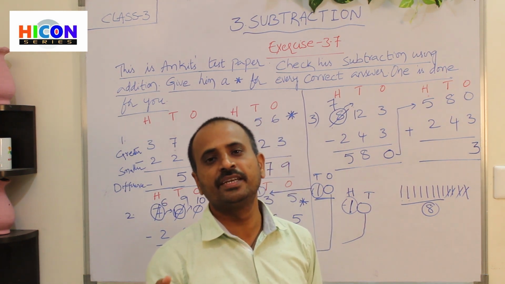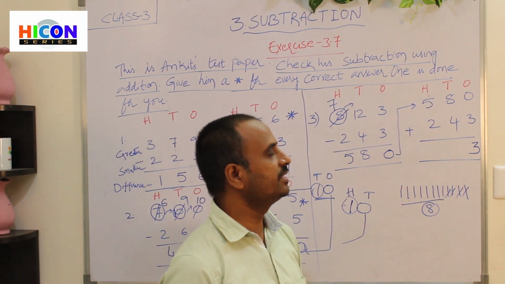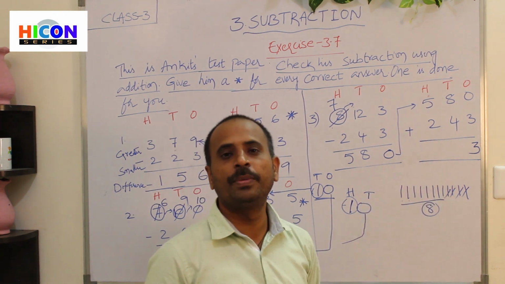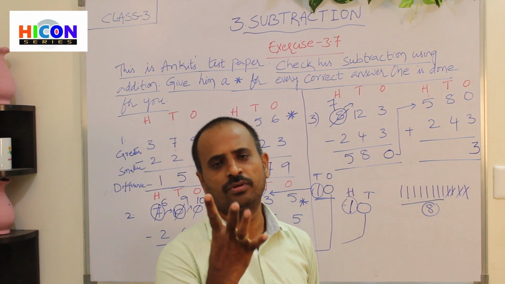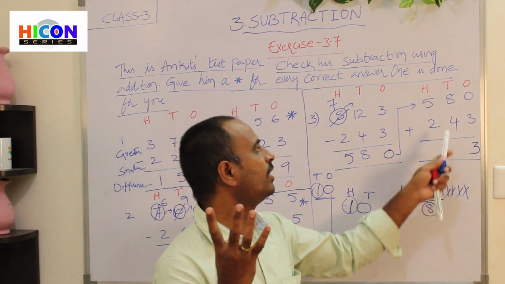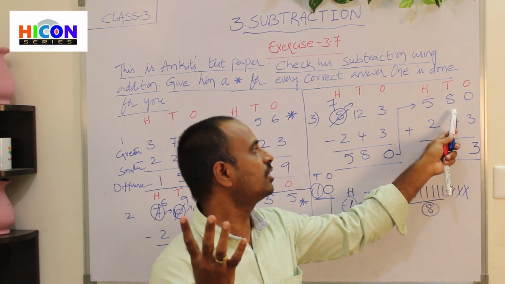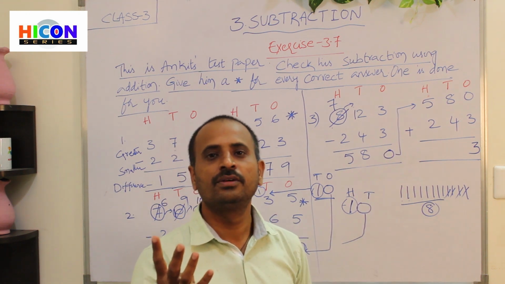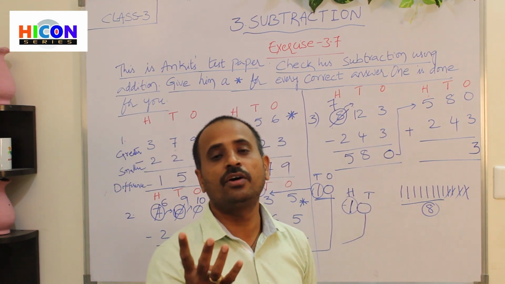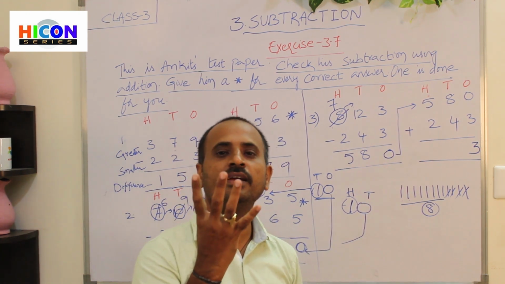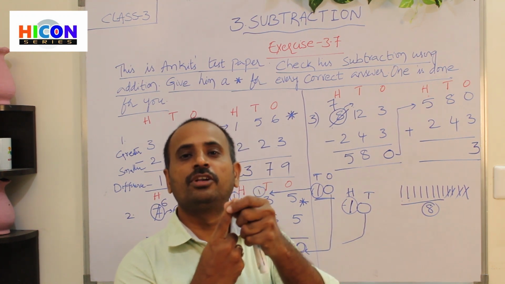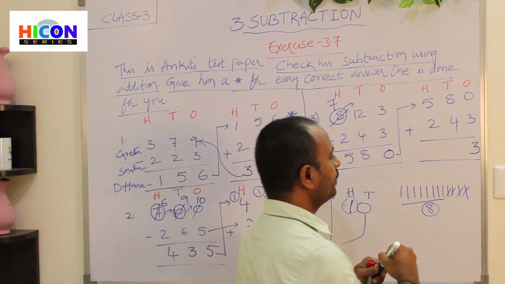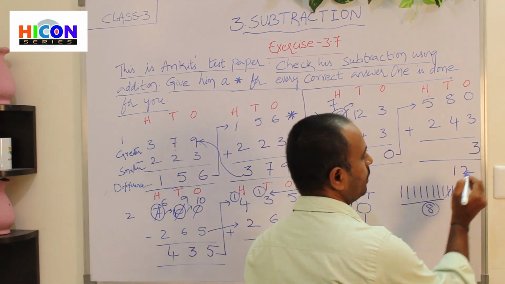What are the digits present in tens place? 8 and 4 are present in tens place. So what is the second number here? 4. Open 4 fingers of your hand. 1, 2, 3, 4. These are the 4 fingers. What is the first number? 8. So start counting from 8. After 8, 9. So start counting from 9. 9, 10, 11, 12. So the sum is 12.